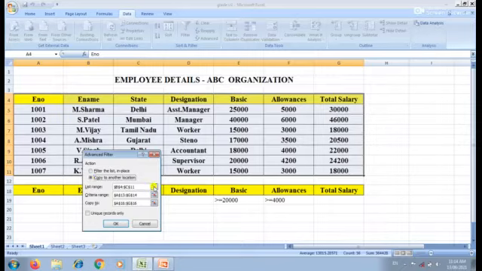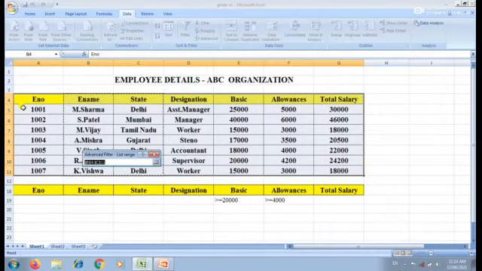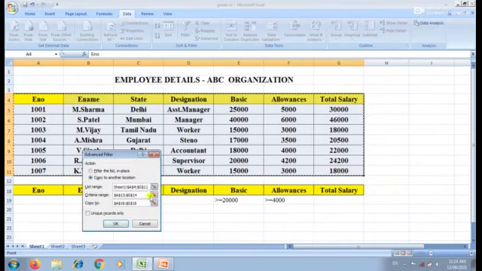After clicking this, first you have to click the list range and mention the list range. After that, you have to click the criteria range and select it.